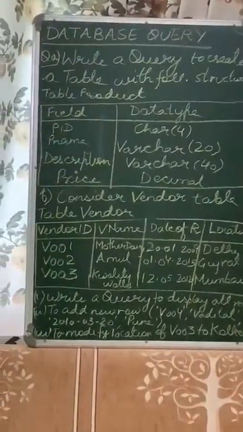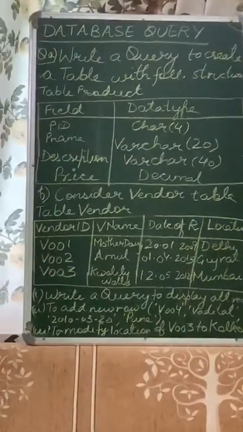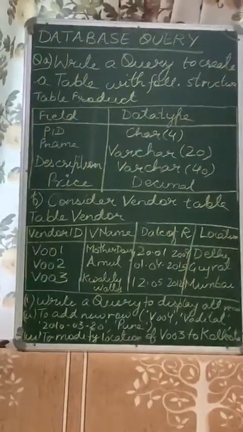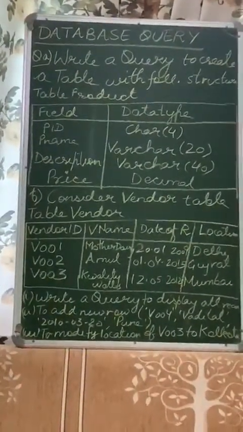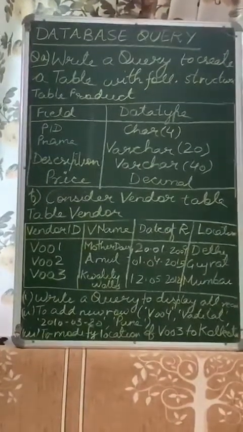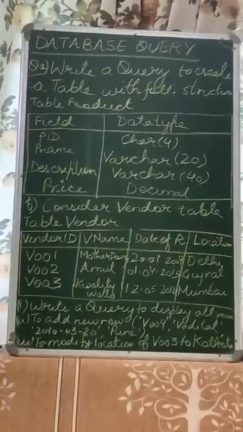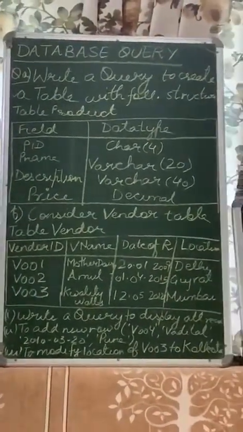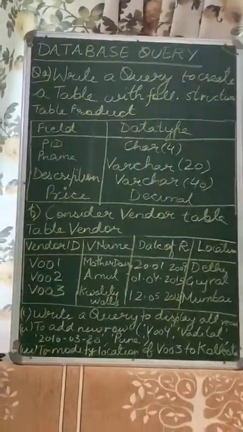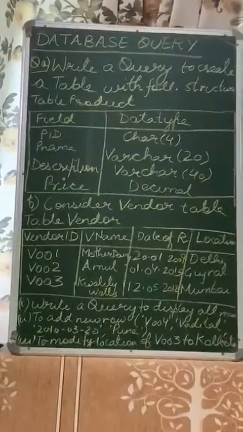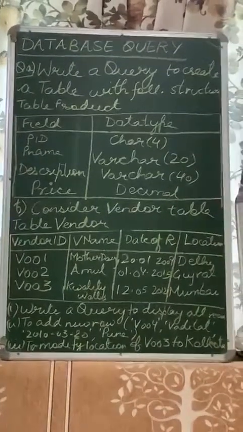Similarly, the next field is price. Price is given in decimal because it can be 40.52 rupees or it can be 96.00. Since money can be in points, that is why the data type decimal has been given. So if you want to write the query for this table, in the question it is mentioned only, write the query to create a table. That means you have to write only the create query for this.